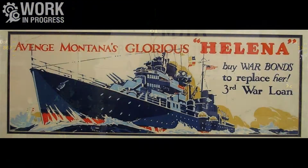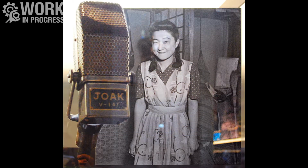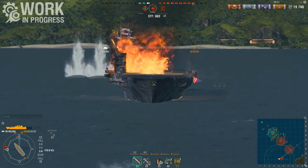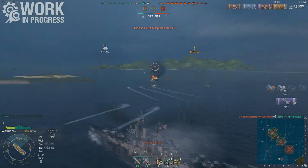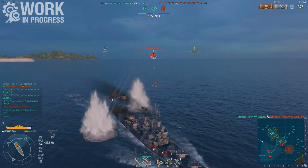It is interesting to note that due to the proficiency of Helena's gun crews, on more than one occasion she was called a machine gun ship during Tokyo Rose propaganda radio broadcasts. Helena is a fairly sturdy boat with 33,300 hit points, but her torpedo damage reduction is only 7%. Still, if you don't give up your broadside to enemy fire but keep some angle, you can weather a fair amount of enemy fire. As a light cruiser, Helena is not blessed with the armor profile to be able to